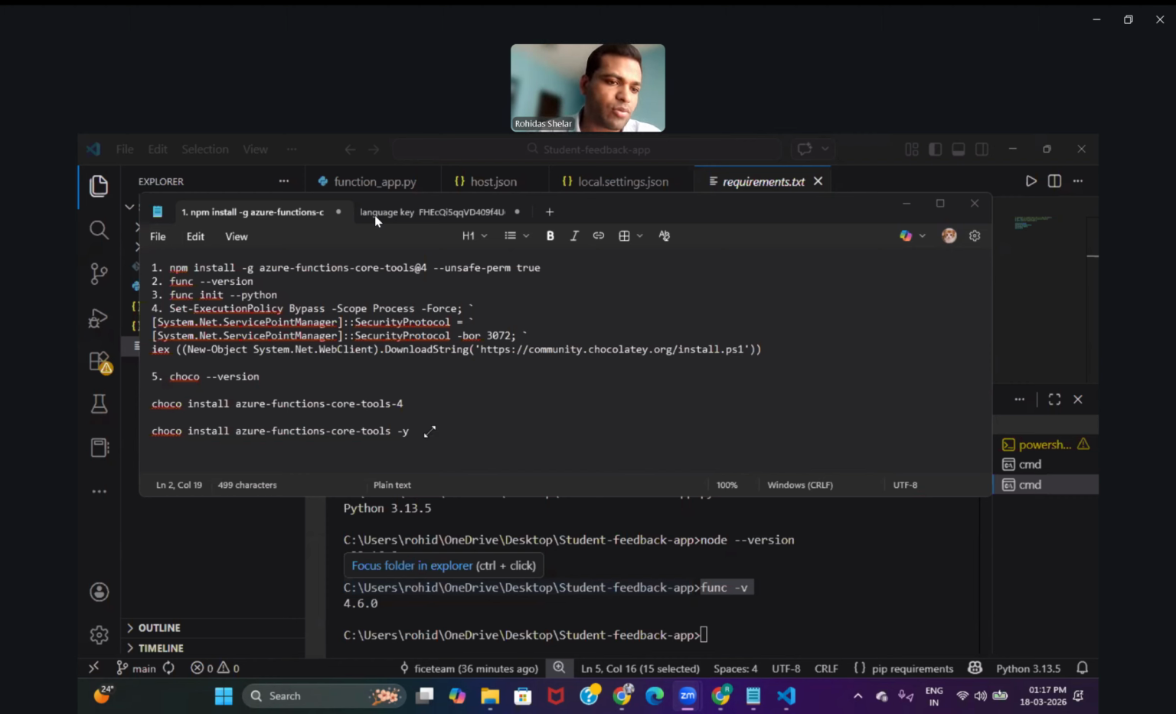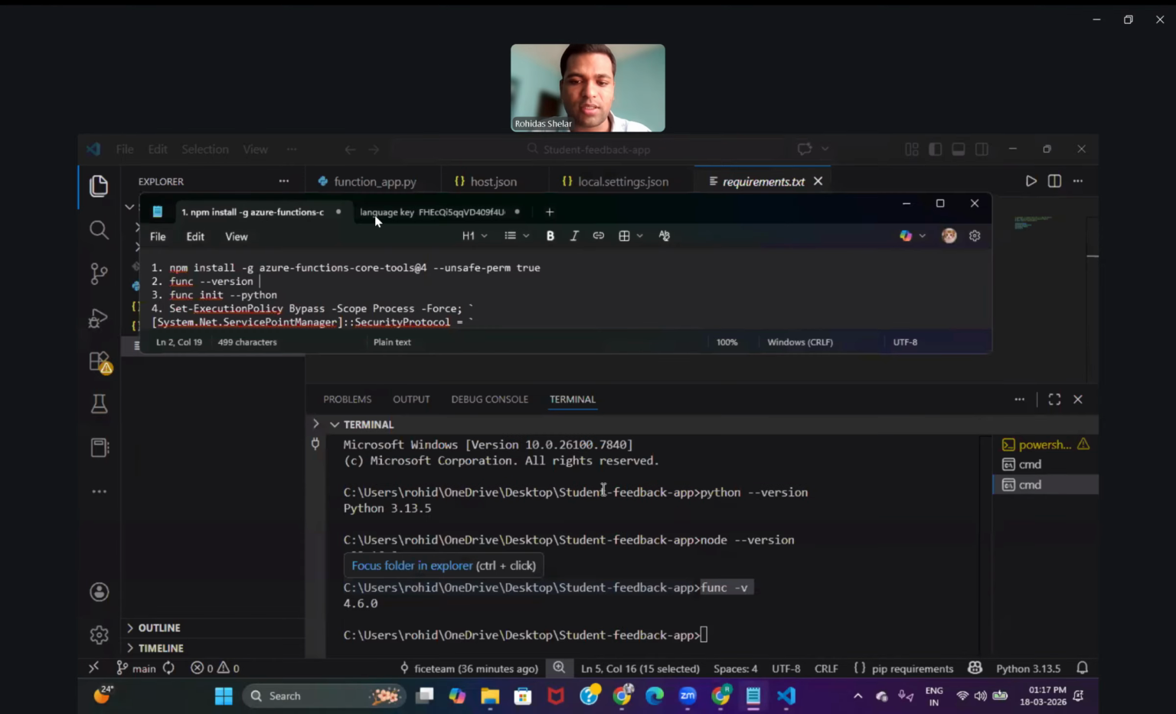Okay, it's loading and doing configurations, so it might be taking more time, because I have already installed it in my system, and because of this I'm not installing it again. Now you can try this. Then after that, you can just check